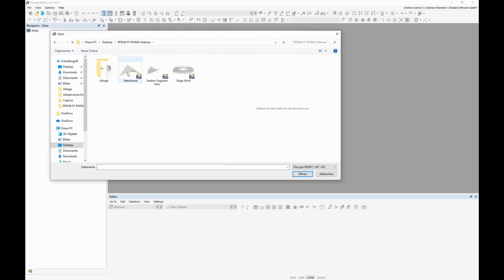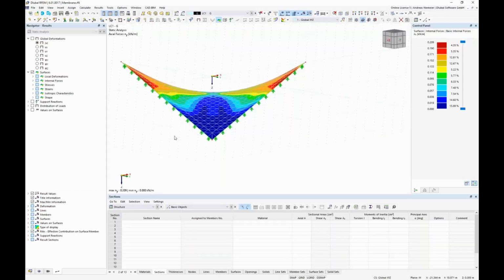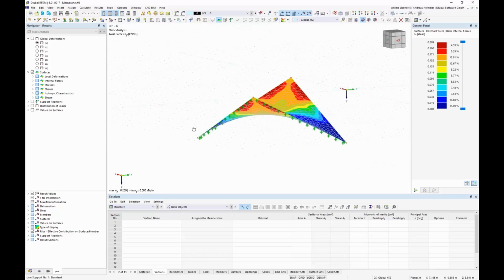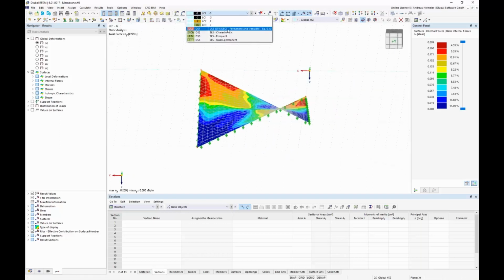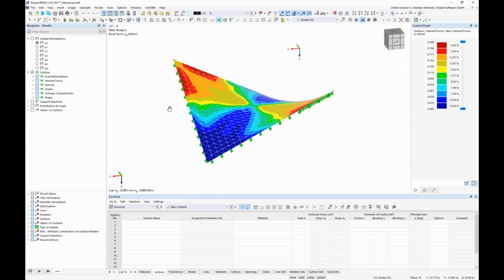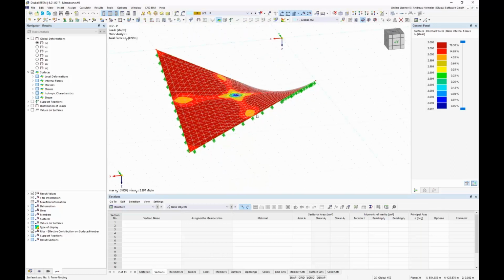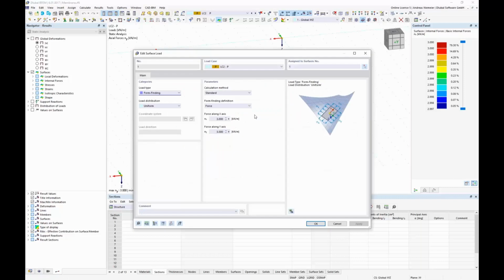a surface structure, a membrane structure. And I prepared this example only to show you it could also work like this. So in this case we have, let's say, a sail with typical load cases: self-weight, pre-stress and snow load. For self-weight, clearly the weight comes from the material itself. For pre-stress, we defined here, you see, the inner pre-stress, the membrane tension, by a surface load, like